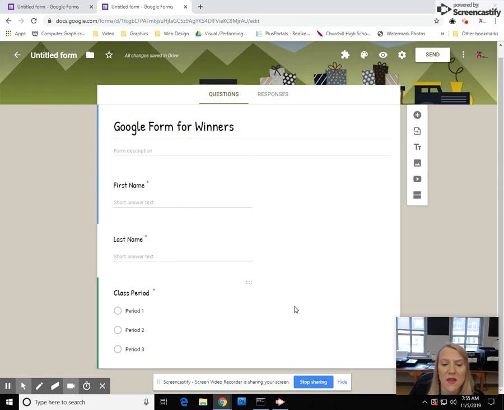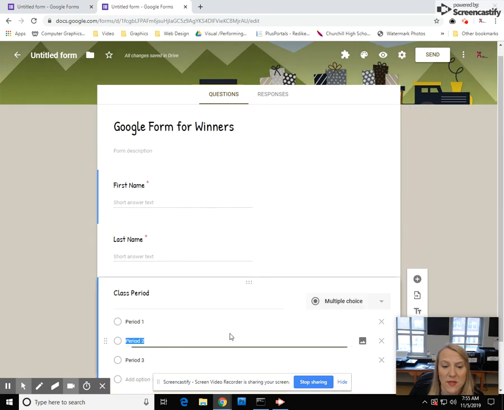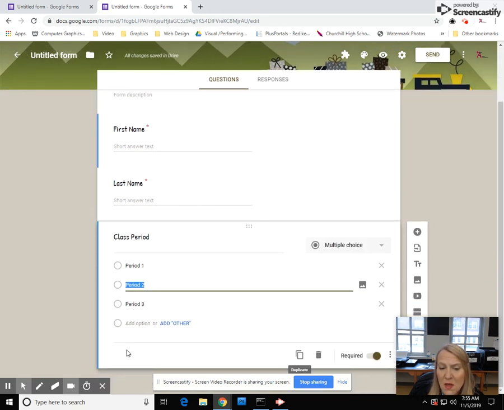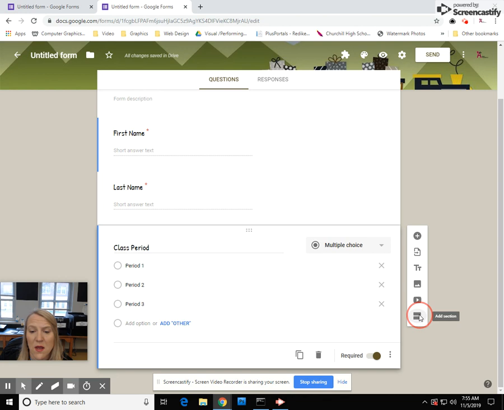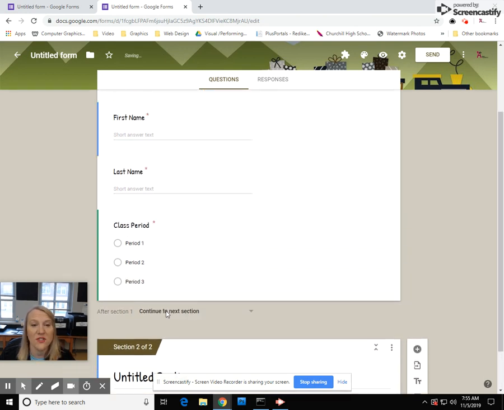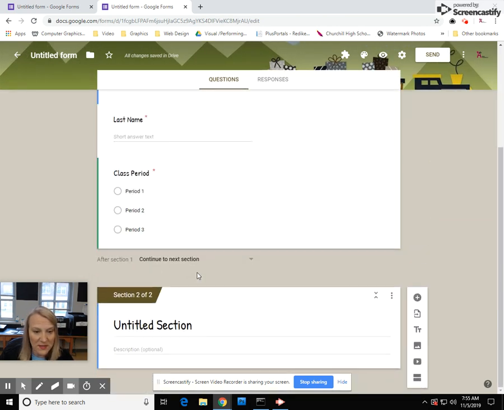All right, and then let's say you want to go back to editing. So then we just go back down here. And let's say this is your get to know you section. You can chunk this, and you can go ahead and add a section. And just like that, so your very basic information for the kids or adults or whoever, like your basic stuff here, and then